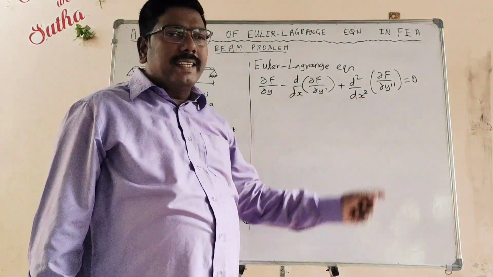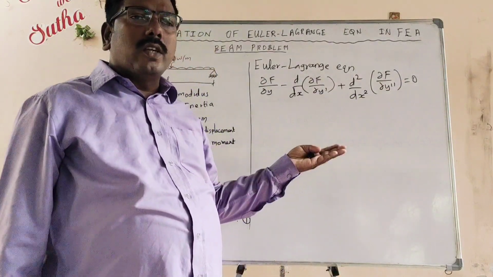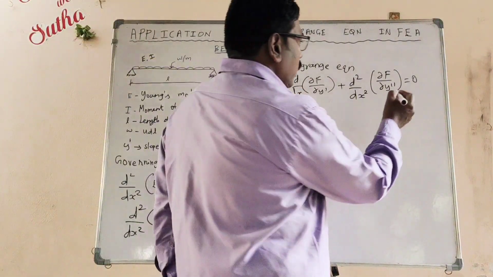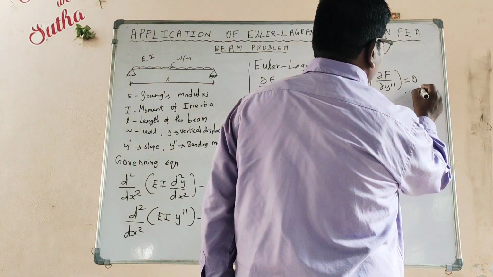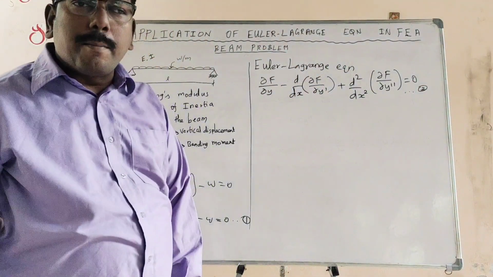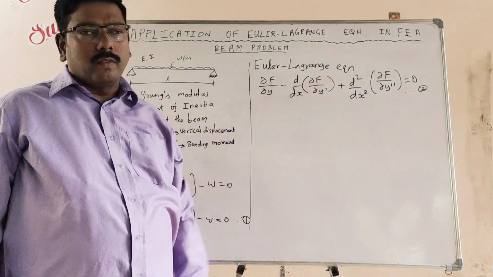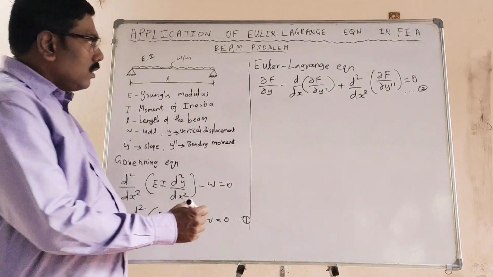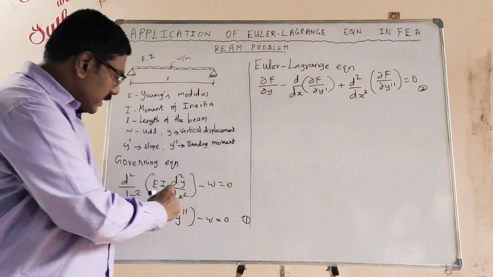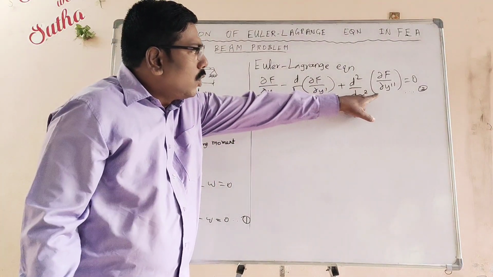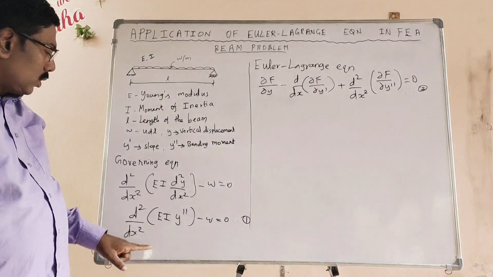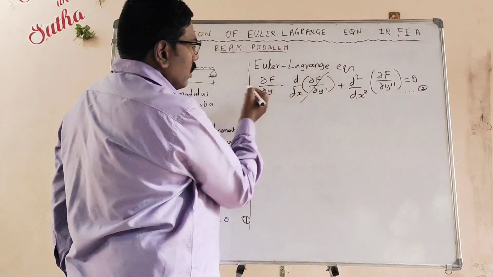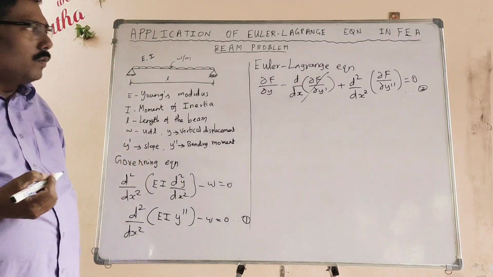Here we are taking 3 terms. Actually the Euler-Lagrange equation can be extended up to n terms. So call it as equation number 2. Now we are going to compare equation 1 and 2. Dou f by dou y equal to minus W. Here there is no y dash term, and dou f by dou y double dash equal to EI into y double dash. So this term can be neglected, and comparing equation 1 and 2 we get